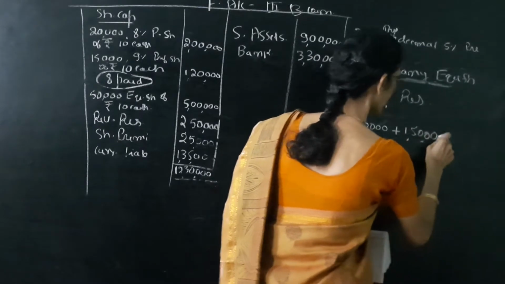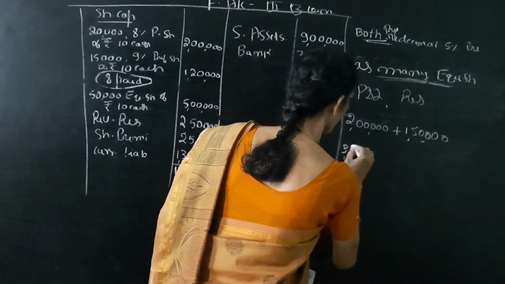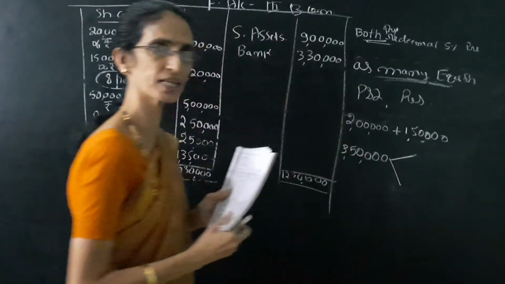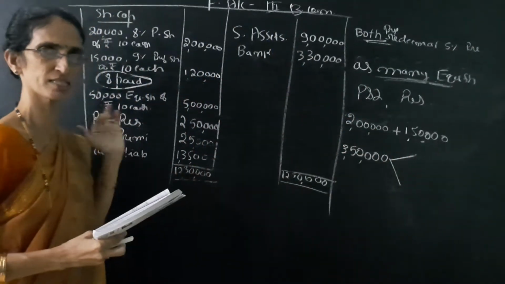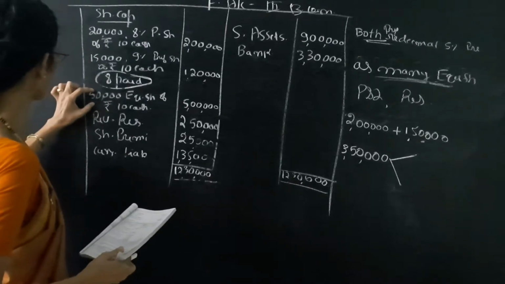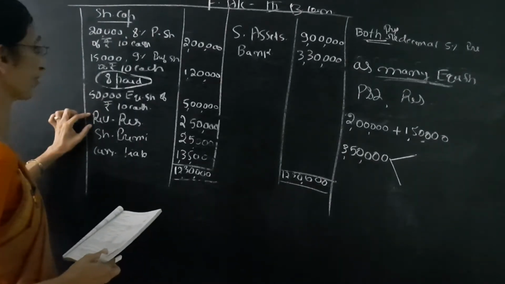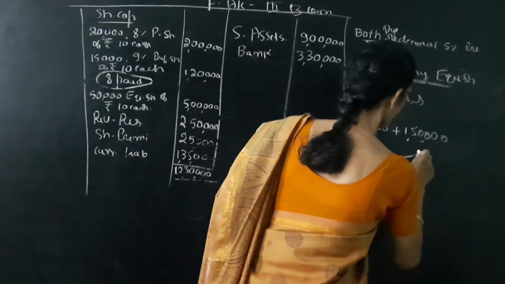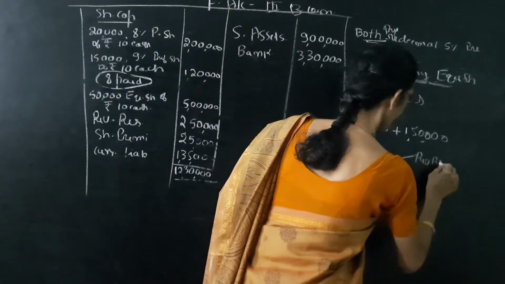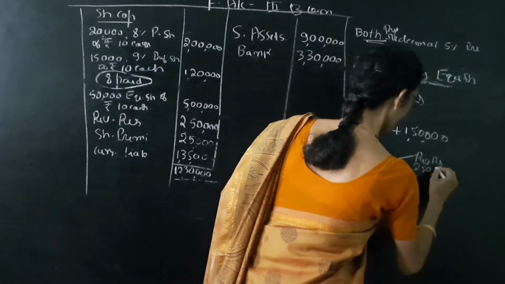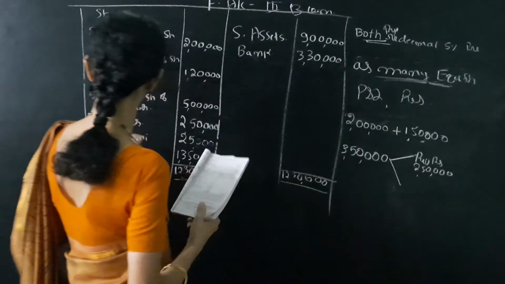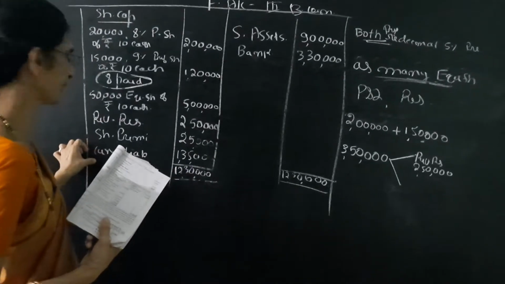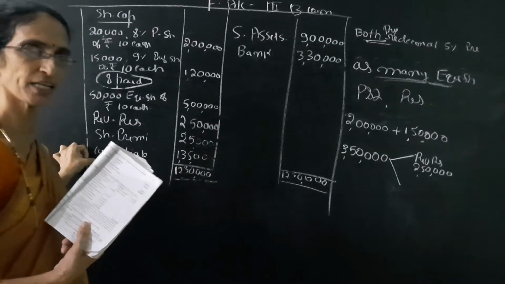1,50,000. So we have to redeem total amount of 3,50,000. Out of that, see whether in the balance sheet profit and loss account or reserve is given. Equity shares, leave it. Here revenue reserve is there. How much is it? 2,50,000. So from revenue reserve, we have to take 2,50,000. Then share premium, leave it. It is only for the redemption of premium. Then current liabilities cannot be utilized.